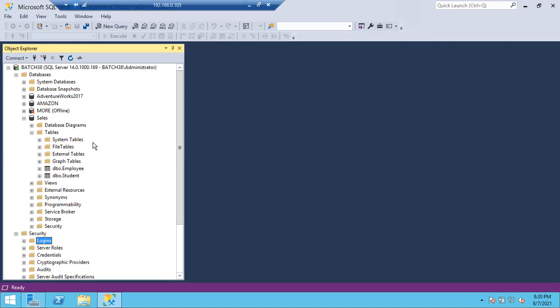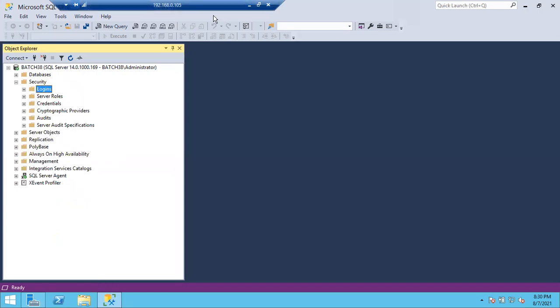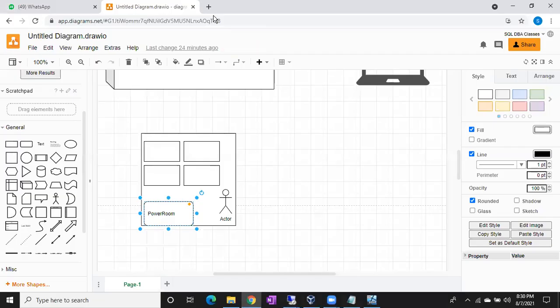Whatever the resources are accessed by the principals or logins is called securables. Principal means who is accessing the resources. What resource he is accessing is called securable. This is a separate set of terminology.